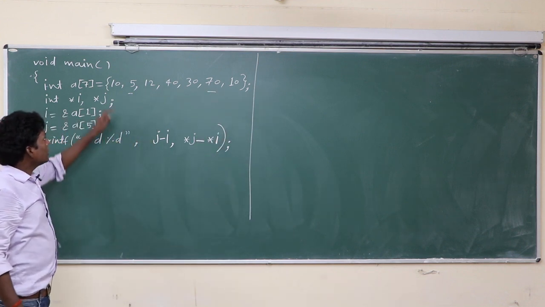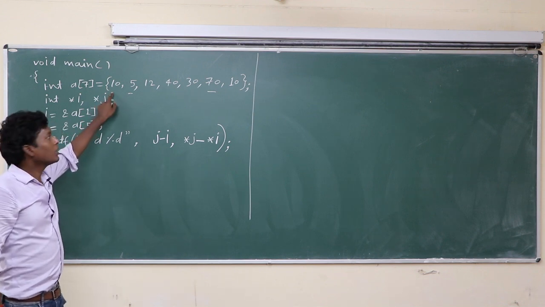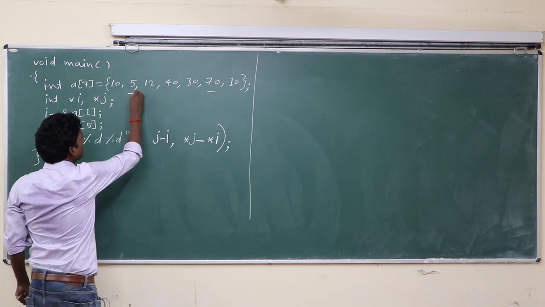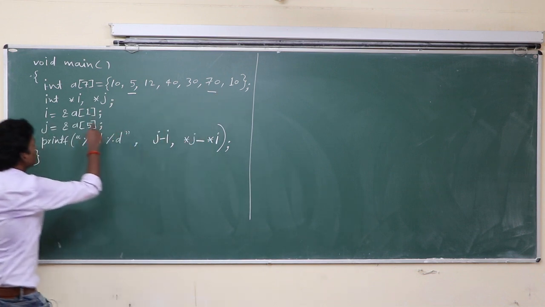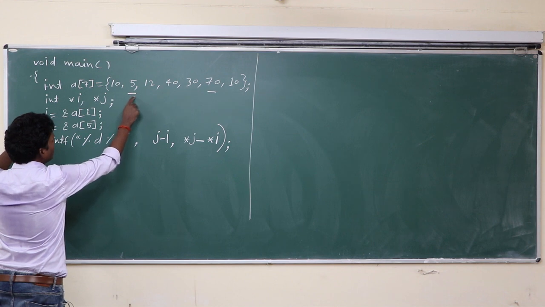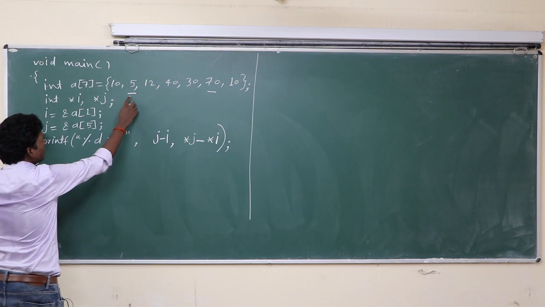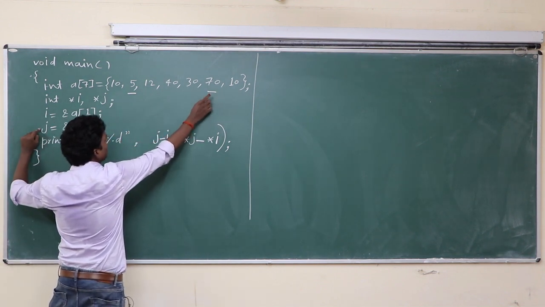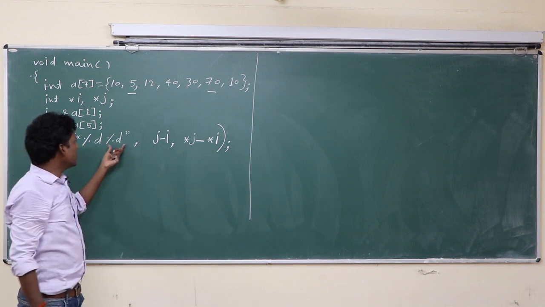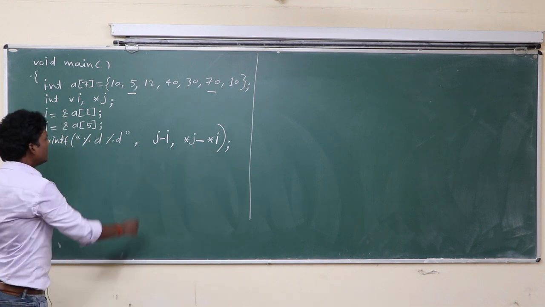Okay class, start from a of 0. The compiler always starts from a of 0. So here is a of 0, a of 1, and this is a of 5. So I has the address of this location and j has the address of this location, a of 5. So what will be the result? %d prints this, and this %d prints this. What will be the result?